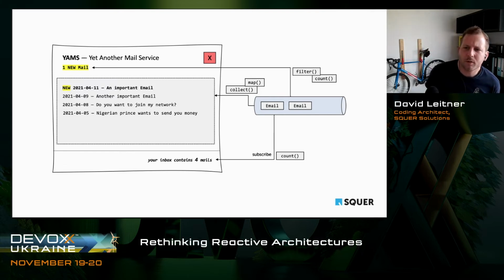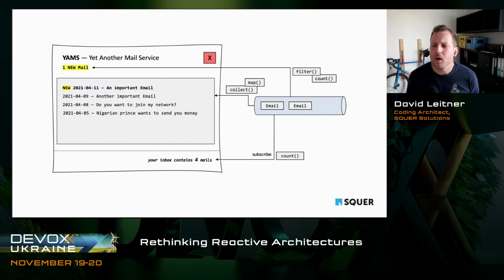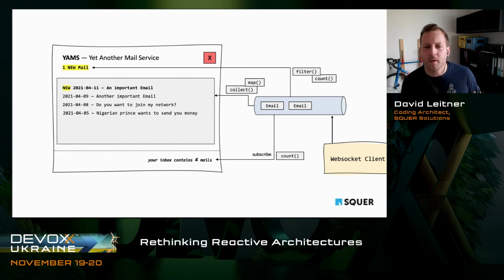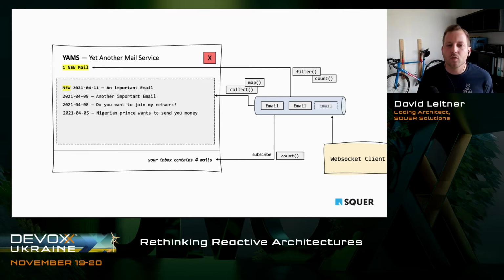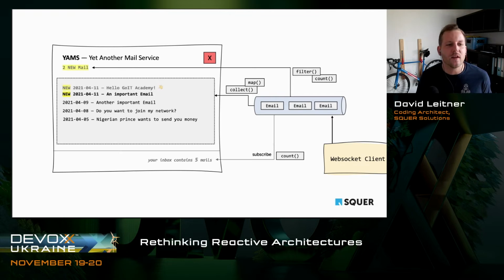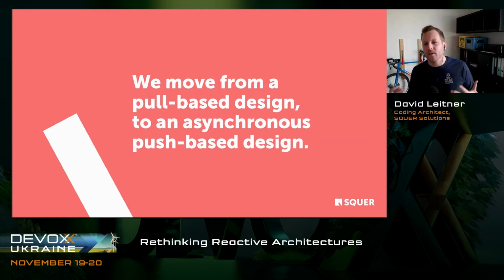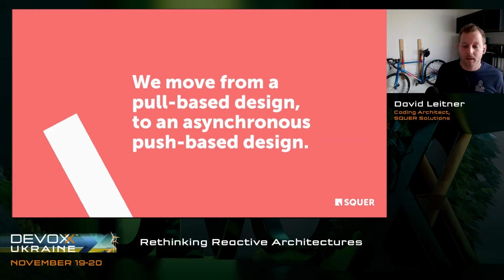And for fetching data, we would basically use something which is also supporting this push way of designing, right? So we would not use a REST API, maybe we would use a WebSocket client. And this WebSocket client, whenever a new email is appearing, pushes us this email into our stream. And automatically, we don't need to do anything. Everything gets fascinatingly updated, right? And that's the idea. So we move from pull-based design to asynchronous push-based design. That's what we basically do when we think of reactive design, when we think of reactive programming, right?